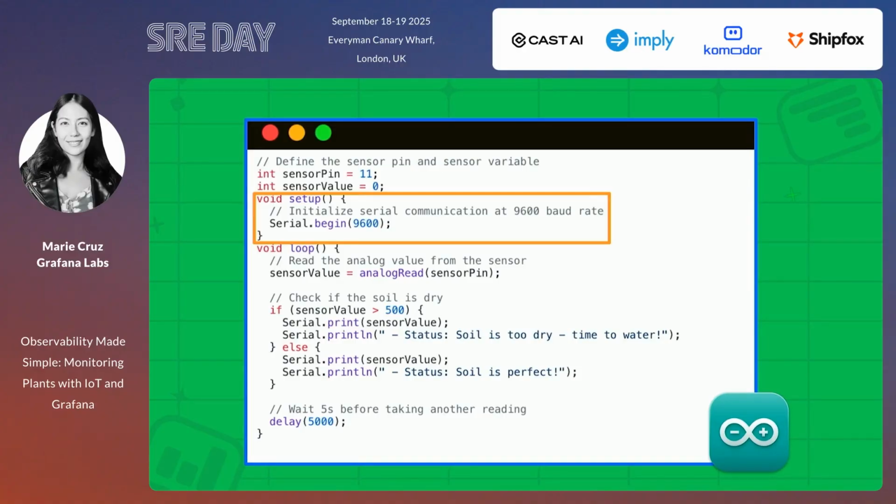She was a bit confused with this, so I just explained to her that imagine you're talking and this person said that you can only speak 9600 letters, and if you speak more than that, they're not going to be able to understand you. Within the loop function, we are basically continuously reading the analog value that's provided by the